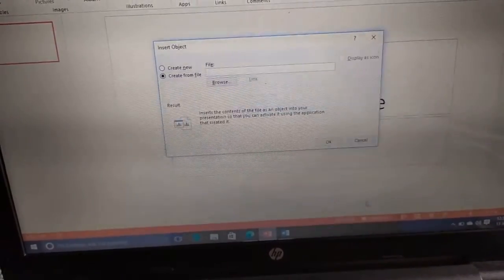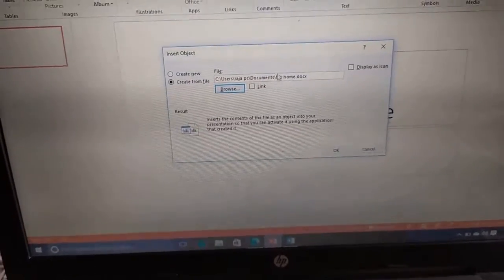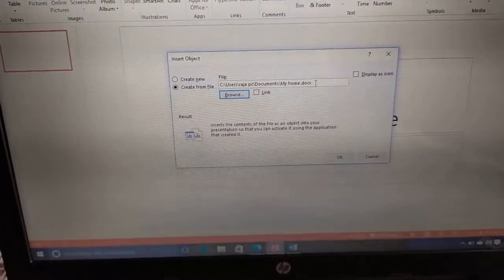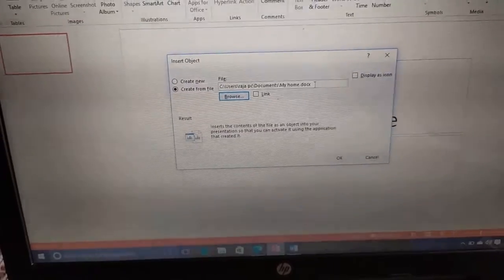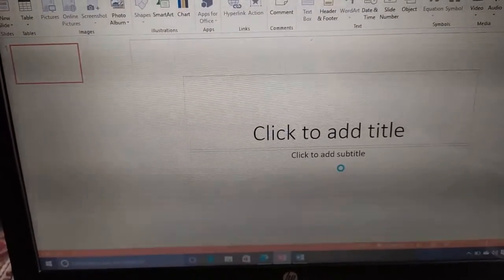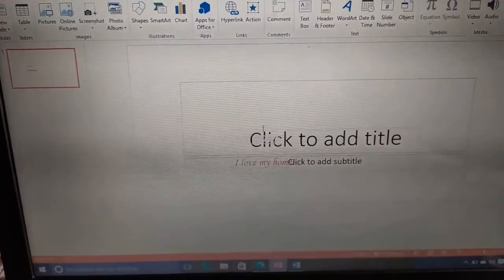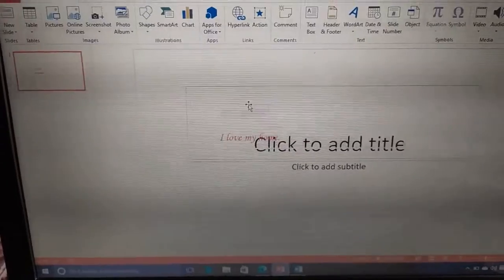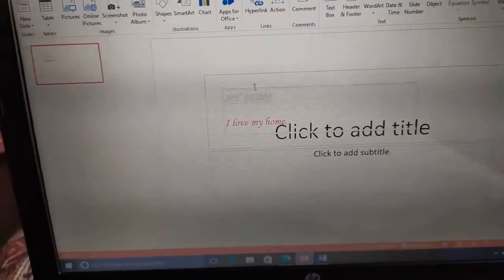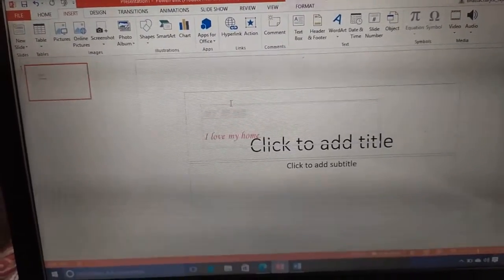Click OK. Again, see the file is brought over here by the location you can see. Click OK. See, our document, Word document, is inserted over here. Clear everyone how to import data from other application.